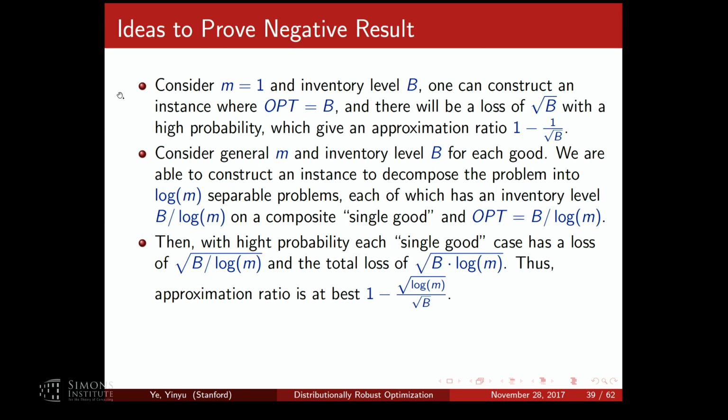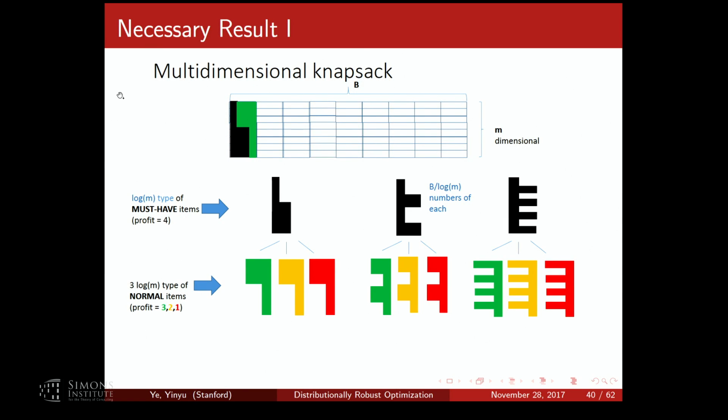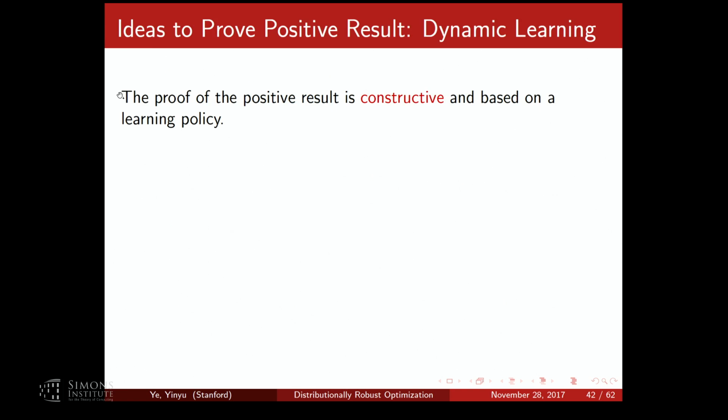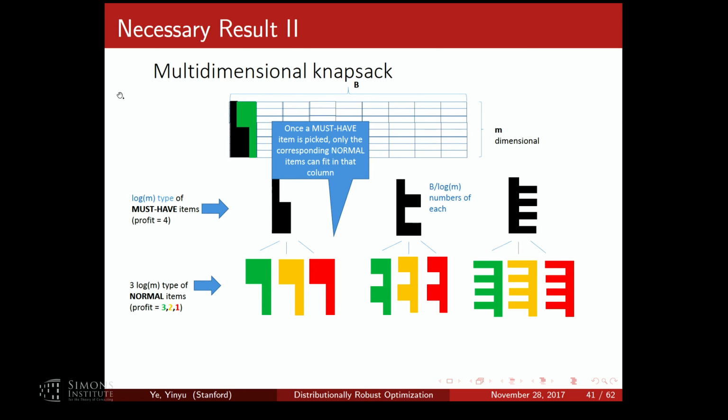So the problem is how to split a combinatorial auction problem into log M. Basically, you have some kind of master item to sell, and it becomes like a packing problem. This is a must-have item in order to achieve things. Then you fill in a lot of normal items such that they basically fill up to equal B. So it's a lower bound; there is no algorithm that can achieve this. So divide it into B over log M, and then you fill in some other small items, some orders.